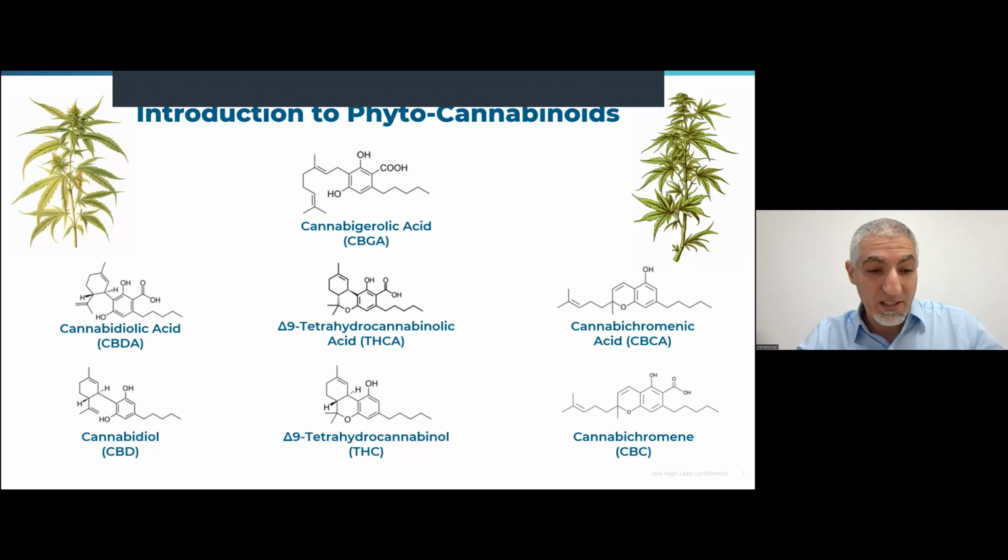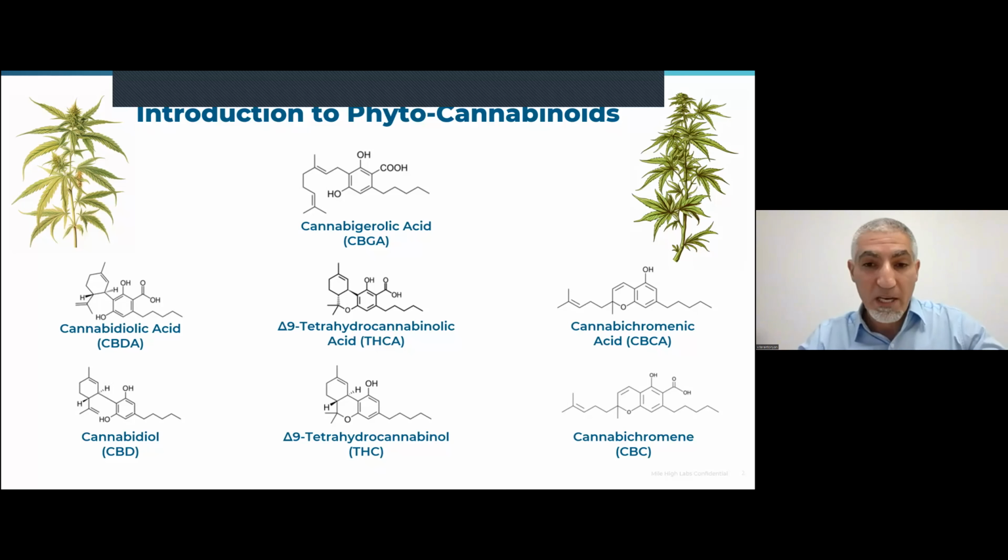This endocannabinoid system is actually responsible for very existential and very important processes in the human body. These phytocannabinoids are able to generate the same responses, the same signals, and so they are extremely important